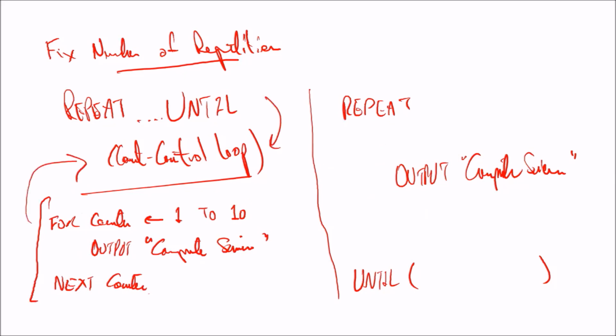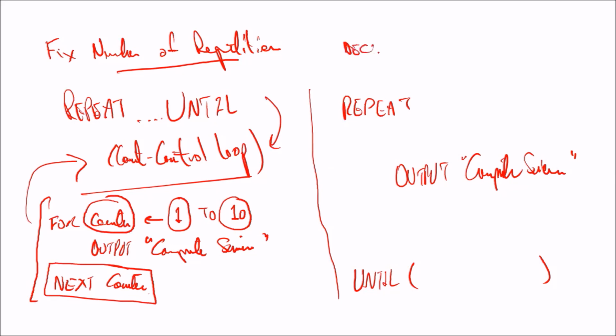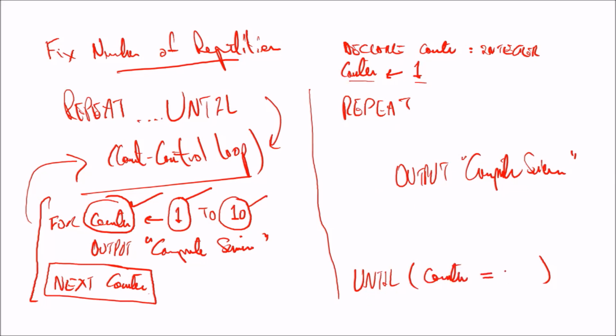अब रिपीट अंटिल में कैसे करना है? हमें क्या चीजें चाहिए थी? 4 चीजें, वेरिएबल, इनिशियल वैल्यू, फाइनल वैल्यू एंड इंक्रीमेंट। अब रिपीट अंटिल के स्ट्रक्चर में ऐसा कुछ नहीं है, सो हमें सारी चीजें मैन्युअली लेनी पड़ेंगी। वी नीड अ डिक्लेयर काउंटर कॉलन इंटीजर, एंड असाइन काउंटर 1, हमें उसे असाइन करना पड़ेगा, ठीक है? जैसे ही रिपीट में आएगा आउटपुट करेगा। अब वेरिएबल इज डन, इनिशियल वैल्यू इज डन। आई नीड अ फाइनल वैल्यू। अब फाइनल वैल्यू मेरा अंटिल में कंडीशन में आएगा, क्या? काउंटर इज इट इक्वल टू 10, इज इट इक्वल टू 10,